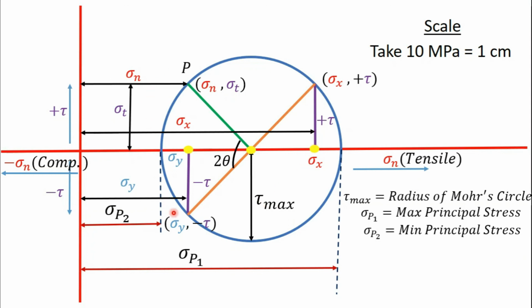So with the help of the Mohr circle, we can calculate all unknowns: sigma n, sigma t, sigma p1, sigma p2, and you can also calculate sigma r, which is the resultant of sigma n and sigma t, and the angle phi of that resultant. So you have seen that with the help of the Mohr circle, we can calculate all the unknowns regarding sigma n, sigma t, sigma p1, sigma p2, and the maximum shear stress tau max, which is the radius of the Mohr circle. So this is very easy. You can try at home, and in part B we will discuss one numerical example.